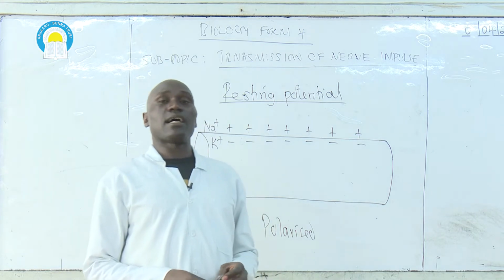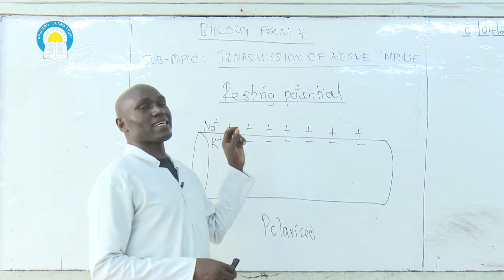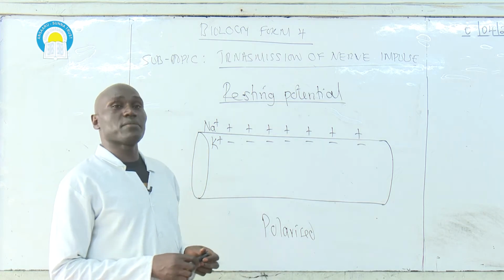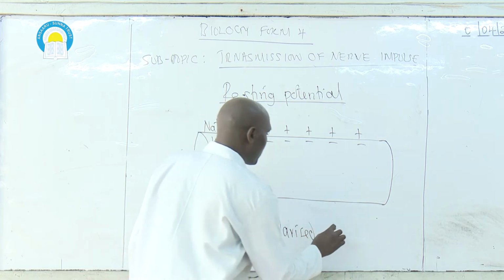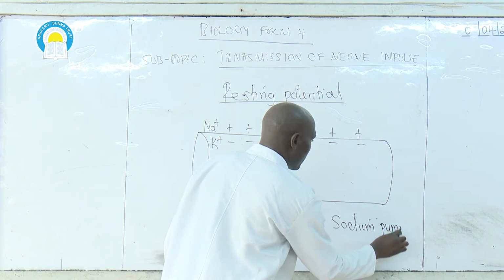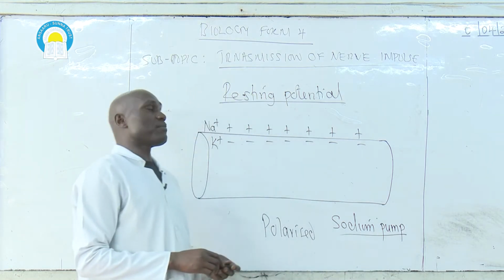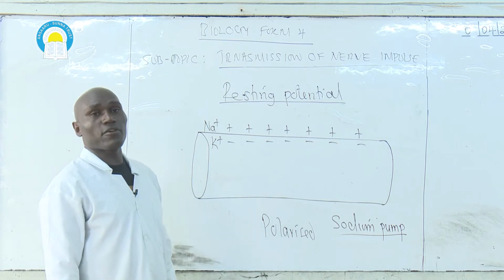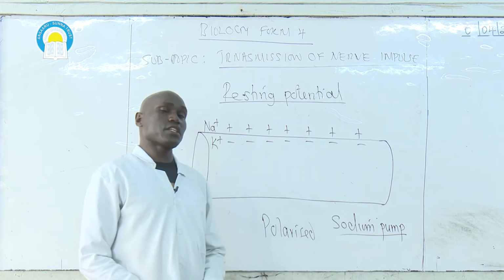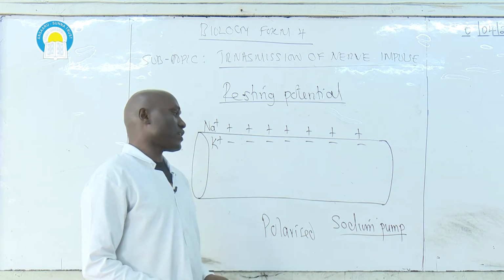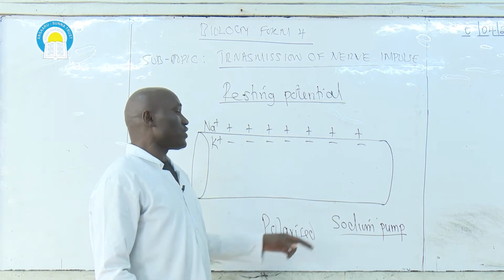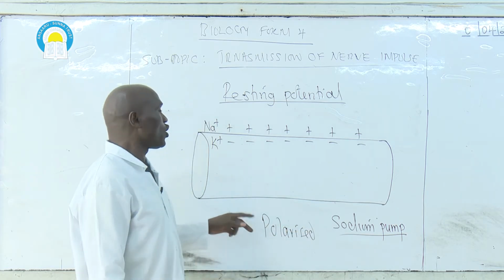Polarization of the neuron at resting potential, or polarization of the axon at resting potential, is due to a mechanism known as sodium pump. Sodium pump uses energy from respiration. And of course, we know respiration takes place within the mitochondria. So energy from respiration that takes place within the mitochondria is used by this mechanism, sodium pump, to ensure that